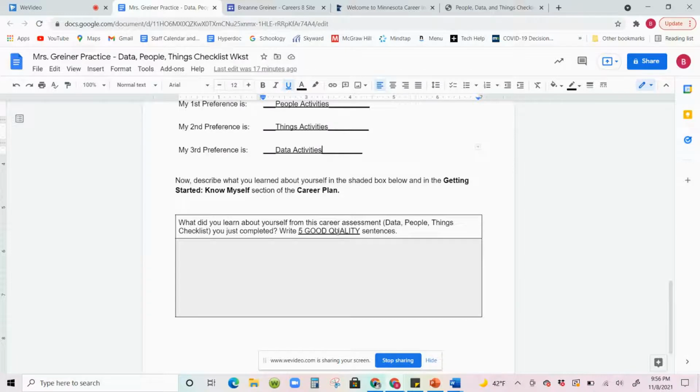Okay, so we're eighth graders now. Next year, you're going to be in ninth grade. We really need to start getting into a habit of writing good quality sentences, complete sentences, and having proper grammar, capitalization, and spelling in everything we do. So we're going to start buckling down and doing that. So here in this box, I want you to write 5 good quality sentences